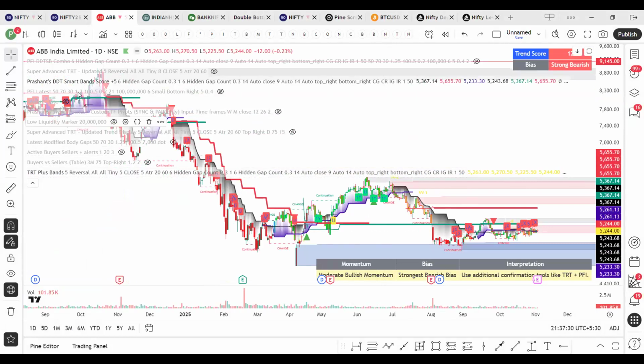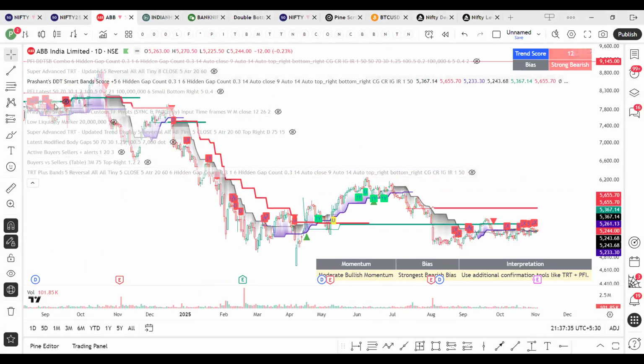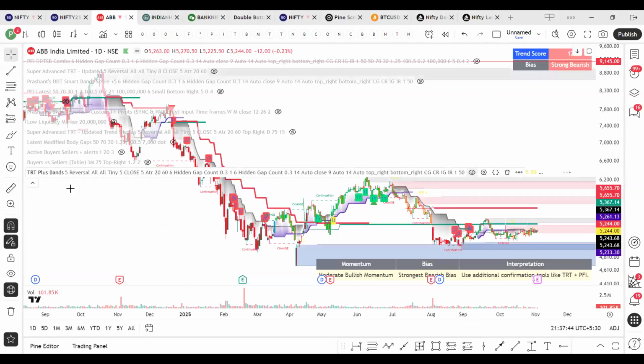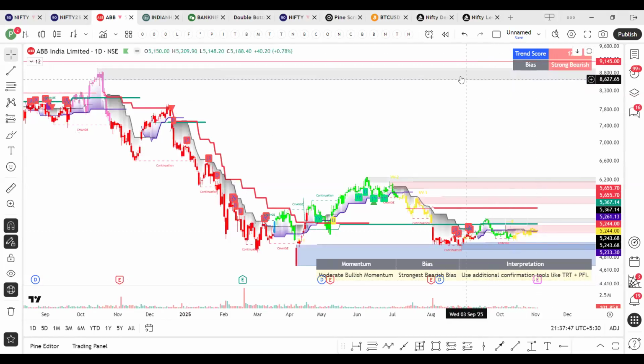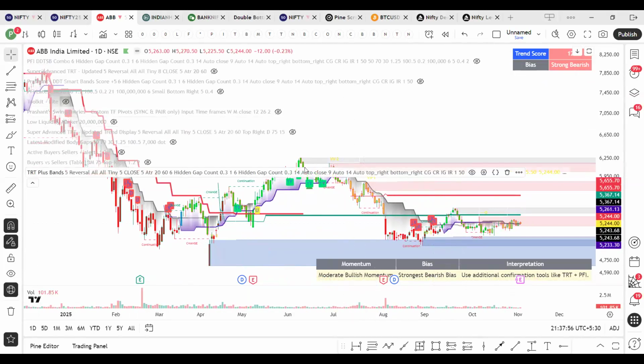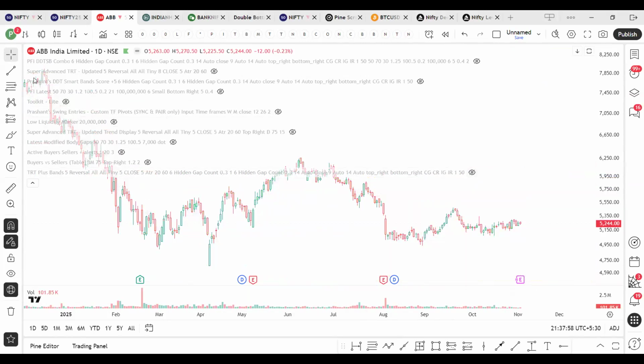Okay, so that was one question which was asked. I have developed this indicator. I will give access to the new one also. It is called TRT plus bands, because I have added the TRT indicator and bands in this. So the interpretation table is also visible. And in this, there is one more advantage. What I have done is, if we check TRT separately and bands separately,